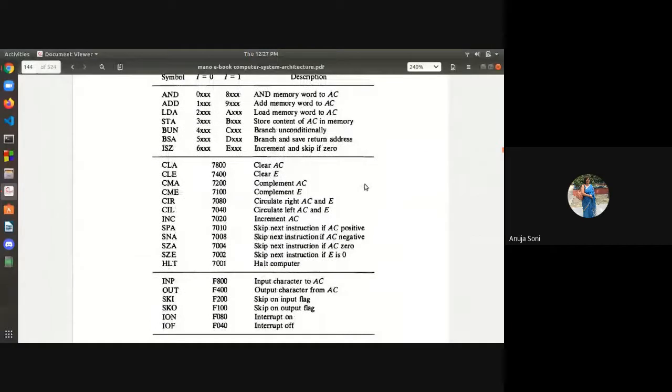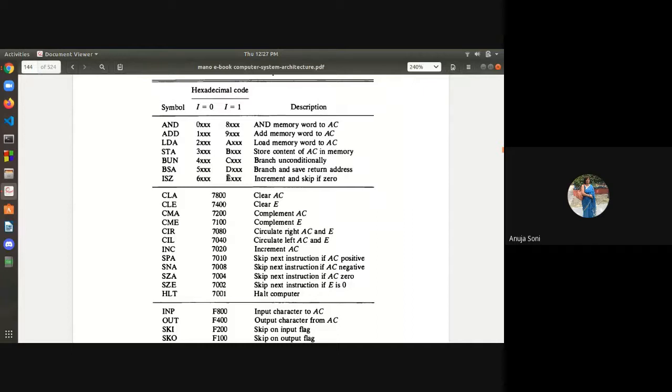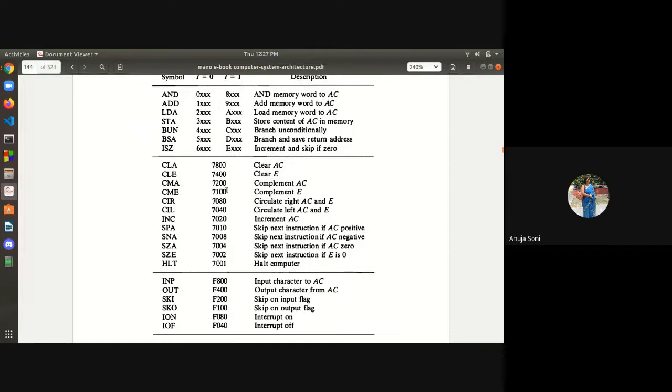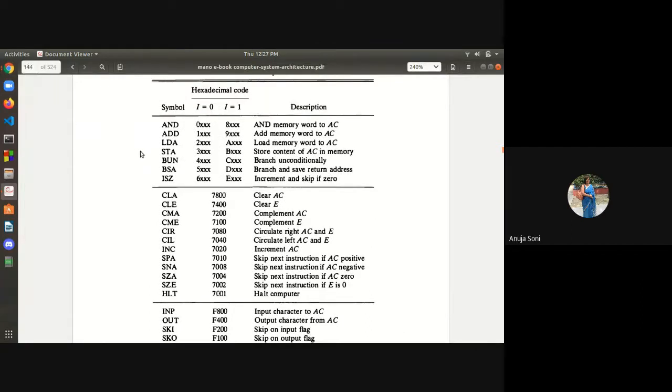हाँ अब देखो ISZ के अगेंस्ट क्या है. अगर 6XXX होती तो वो डायरेक्ट एड्रेस होती, लेकिन ये EXXX है तो क्या हुई, इनडायरेक्ट एड्रेस है. और बुक में क्या गिवन है, E को तो बिगिन फिक्स कर दिया, उसके बाद एड्रेस E तो बाय डिफॉल्ट यही रहेगा, लेकिन XXX की वैल्यू को फिक्स कर दिया.